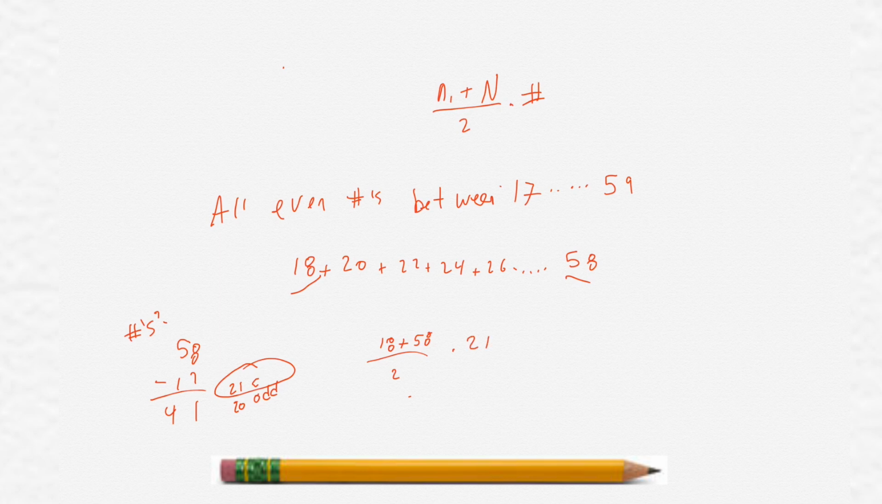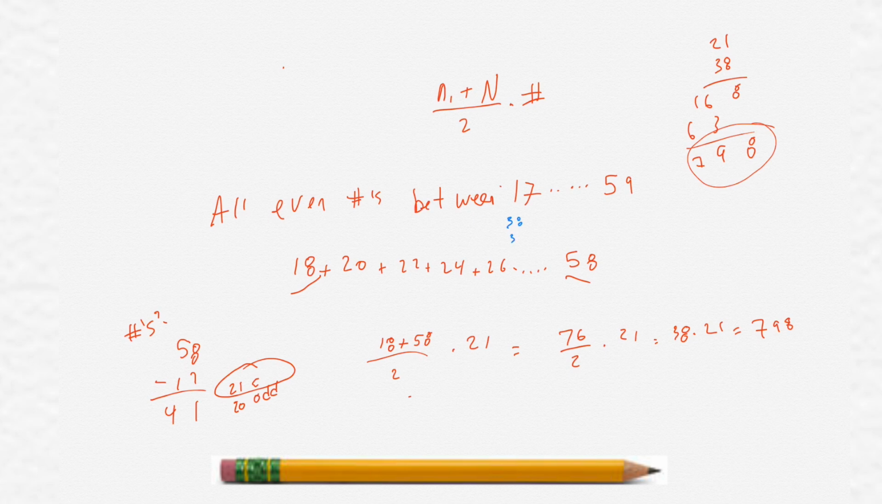So we would have 18 plus 58 is 76, divided by 2 times 21. That simplifies to 38 times 21, which is, let's do that real quick, 798. Okay, that's the answer. That's the sum, 798. And it makes sense because 18 plus 58 divided by 2 is 38, and 38 is